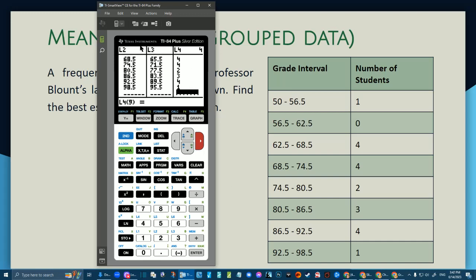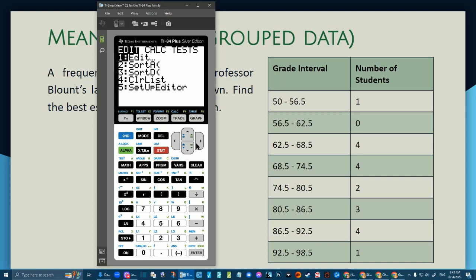So now I want to run one-var stats on my midpoints and my frequencies. So I'm going to hit stat, calc, one-var stats. My midpoints are now in list 3. And my frequencies are in list 4. And I'm going to hit enter. And you can see that my mean is